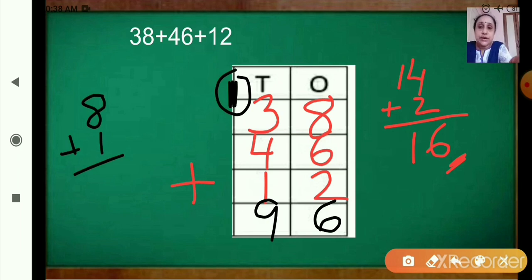Okay, try to do the rough work because you are learning now. If you do the rough work, you will remember the numbers also. And children, please don't be in a hurry. Slowly, take your time and do it. Because if you forget to add the carried over numbers, then your sum will be wrong. Okay?